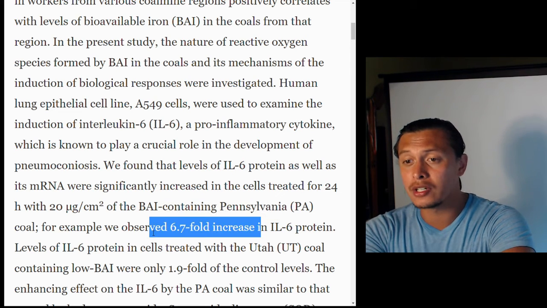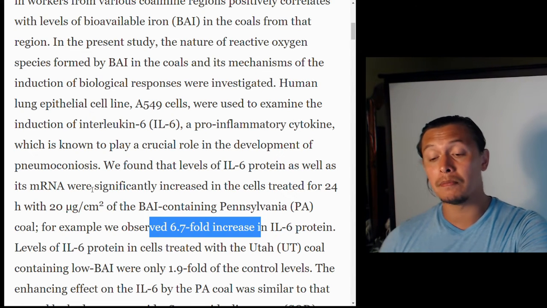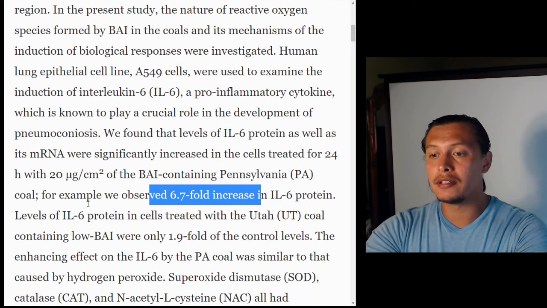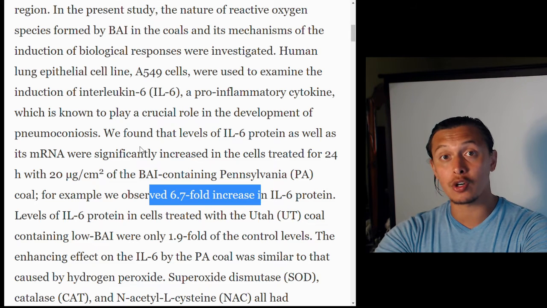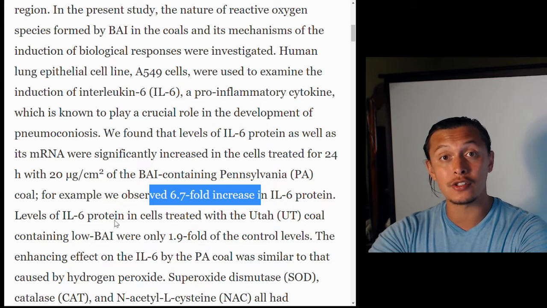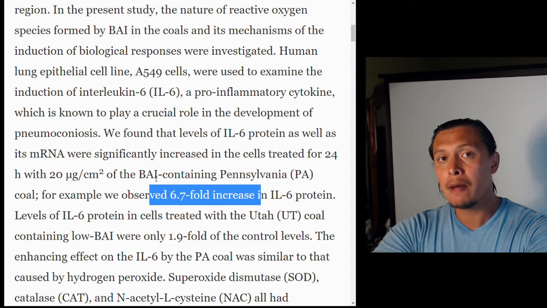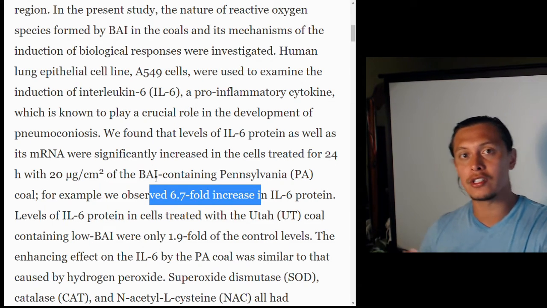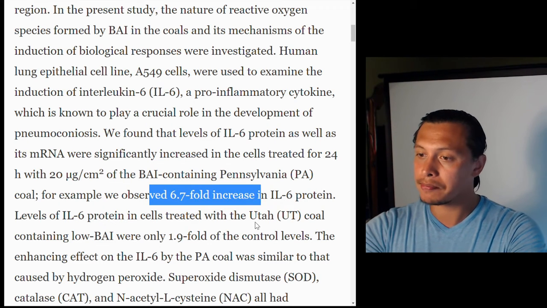So this is the interleukin-6 that's being produced by these epithelial cells that are just unfortunately being triggered by this bioavailable iron. And this bioavailable iron, if it goes through your digestive tract and is sequestered by proteins so that it's not reactive anymore, that is healthy and necessary for proper iron homeostasis in your body. But if you're just breathing it in, you do not have those same mechanisms in place, and therefore you can start generating more of these reactive species, which thus will produce interleukin-6.